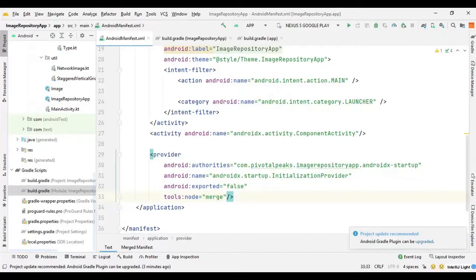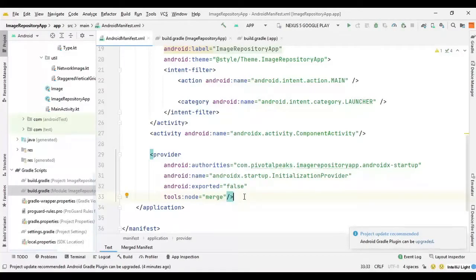So in that case, if there is a conflict, we can either merge it or remove it. The merge is the optimal solution, so we should use merge.